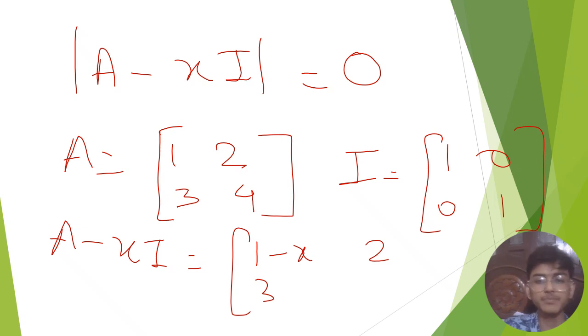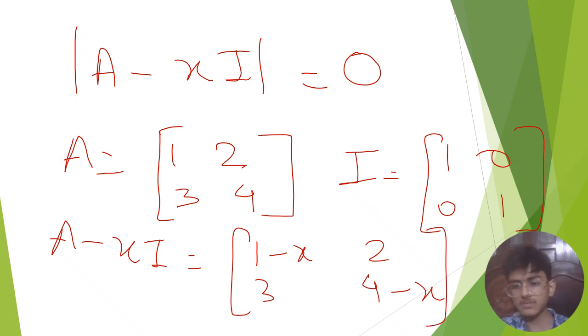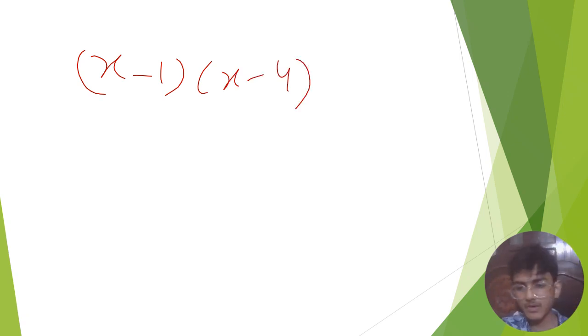Now what I said, that every matrix satisfies its characteristic equation, you will understand now. We have calculated the A minus xI matrix. Now we just have to find its determinant, right? Let's find it now: (1 minus x) into (4 minus x),